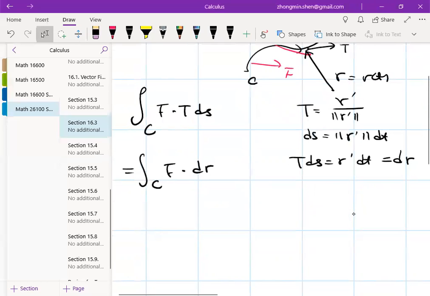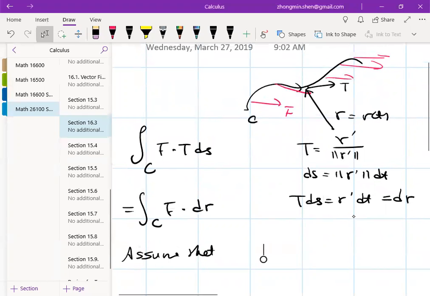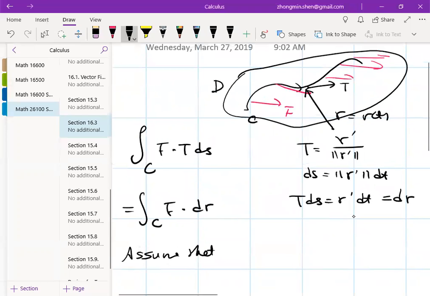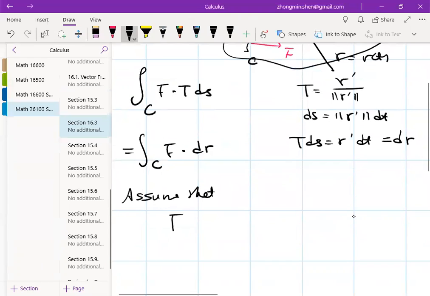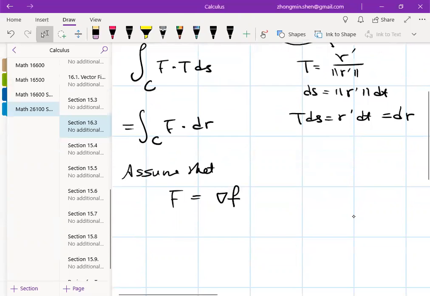So what happens? We assume that this vector field is very special. It's coming from the gradient of some function. So in this domain D, you have a function defined. So this capital F is the gradient of some function. I did not write down x, y, z here. It could be two variables, could be three variables. Yeah, it can be three variables. And now if this comes from a gradient of some function, then